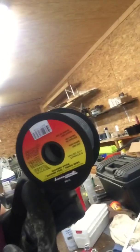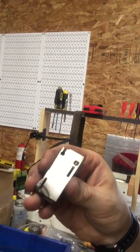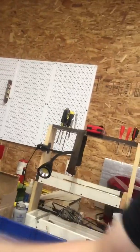I'll typically start with 120 grit sandpaper, and then I'll go to 320 grit sandpaper, and we want to try and get that finish nice and shiny. Now, this is not a part that I'm going to blue, but I went ahead and sanded it out because I want it to match. So after that's done,